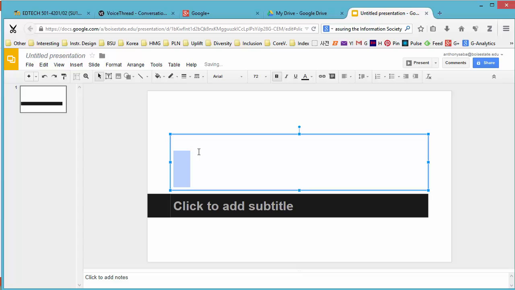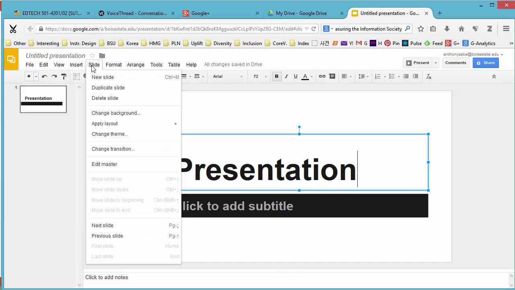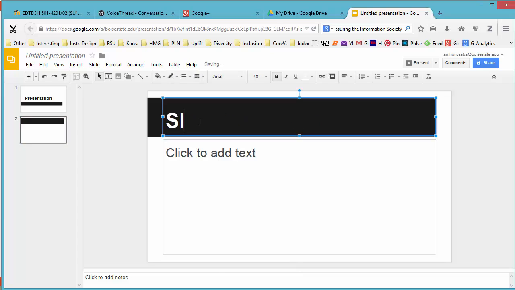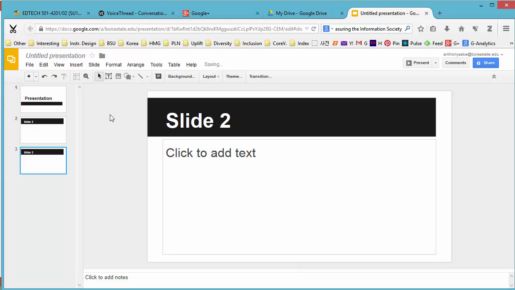Okay, and just the normal things you would do in PowerPoint. Okay, you can insert new slides. Okay, and you can do almost all the same things that you want to do in PowerPoint. Okay, so once you do that, you're going to